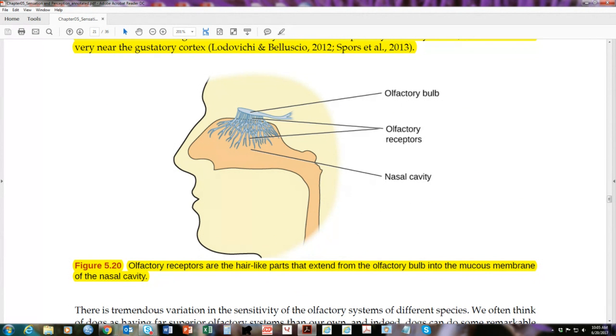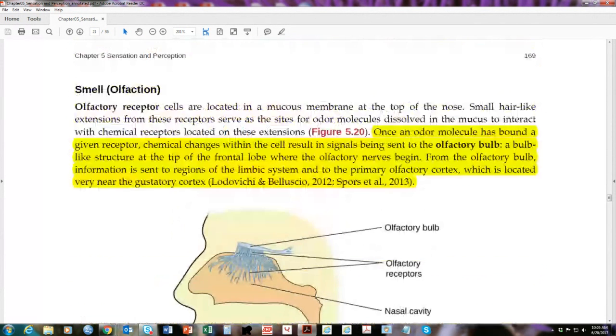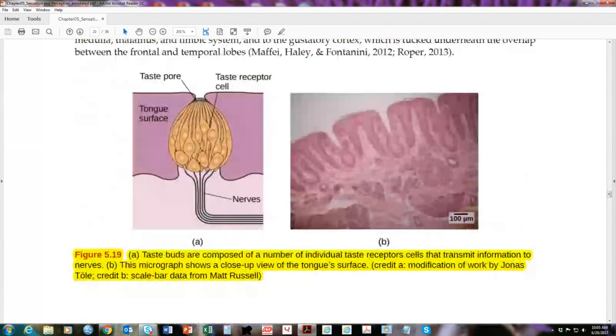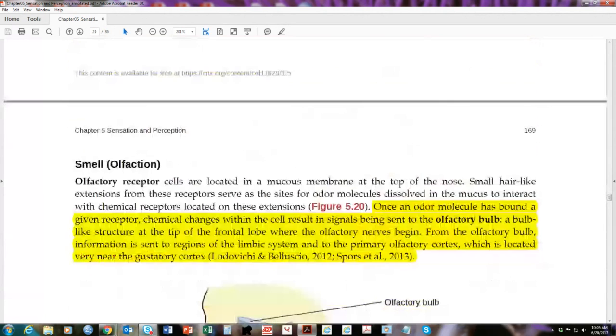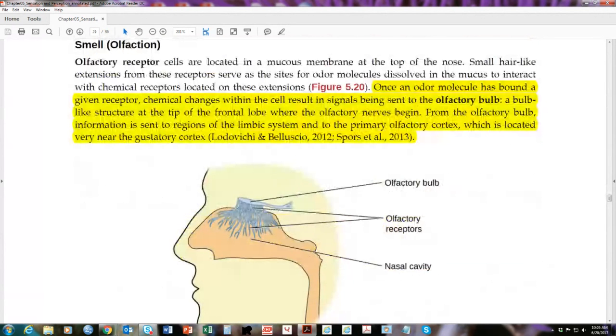also variable. There are variable numbers of receptors that people have, and some people have more taste receptors than others. So people who are just chock full of taste receptors are called super tasters. And super tasters are especially sensitive to bitter tastes. There are just some bitter tastes they can't stand, like bitter coffee or the taste of broccoli. So super tasters are really, really sensitive to bitter taste,